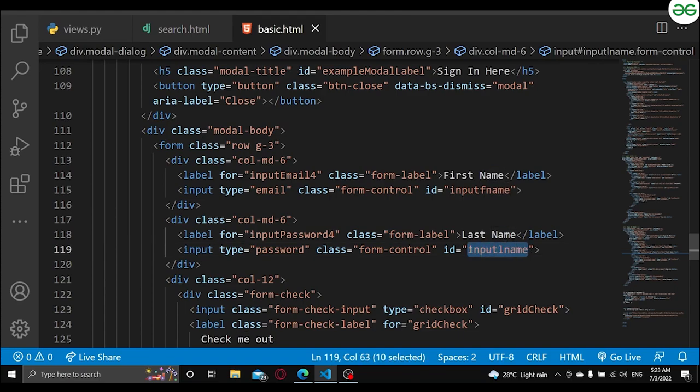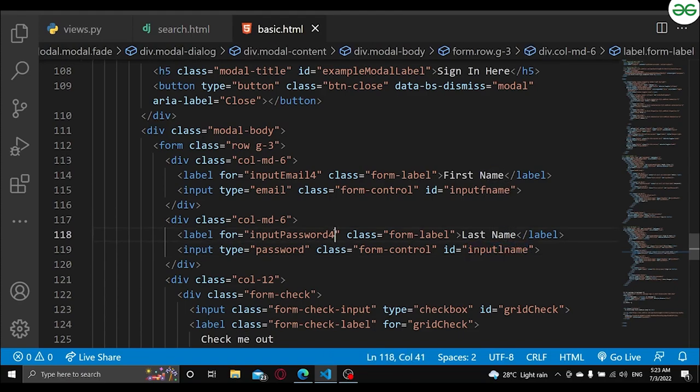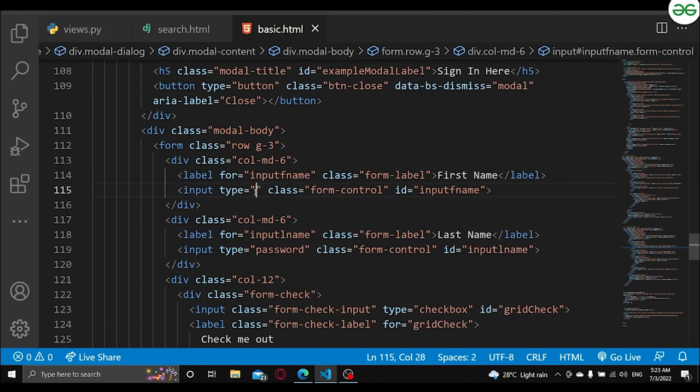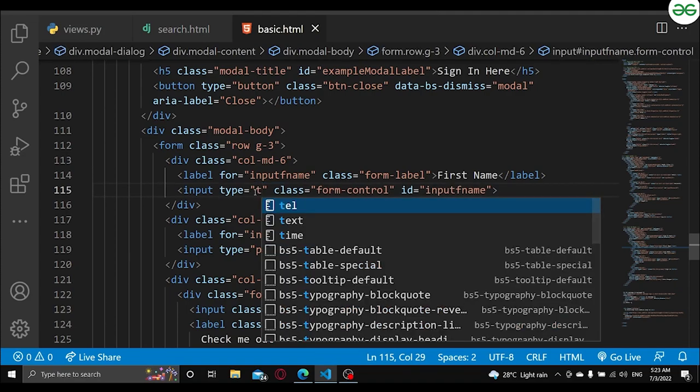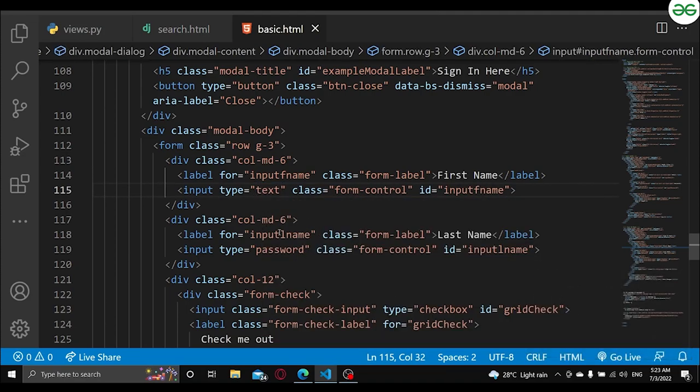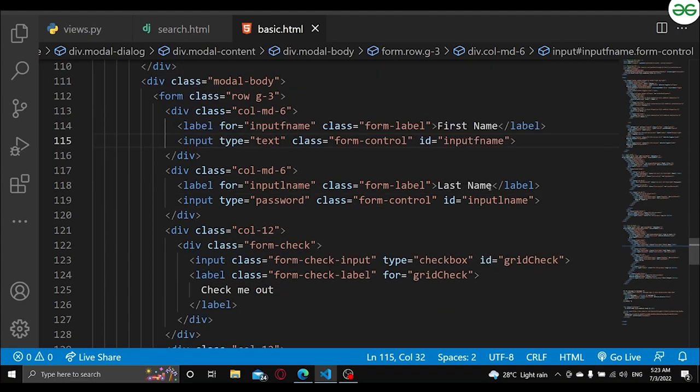Okay, so copy, paste, copy, and paste. Okay, so now you can see everything has been done. And here instead of type, I can write text. Okay, so we can add text here. And similarly here, instead of password, we can also add text. Okay,